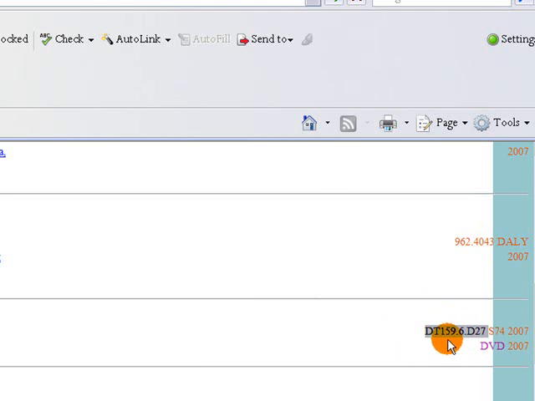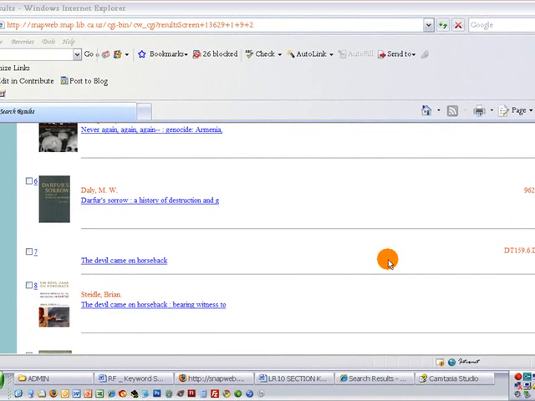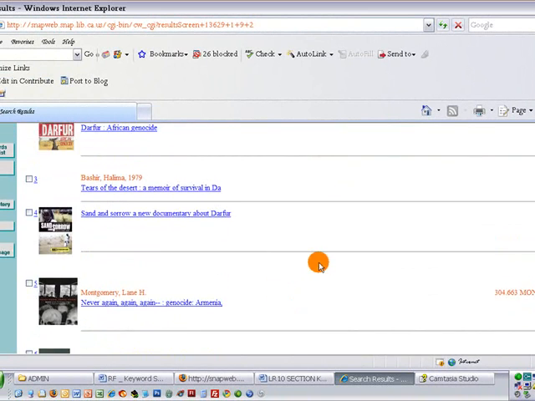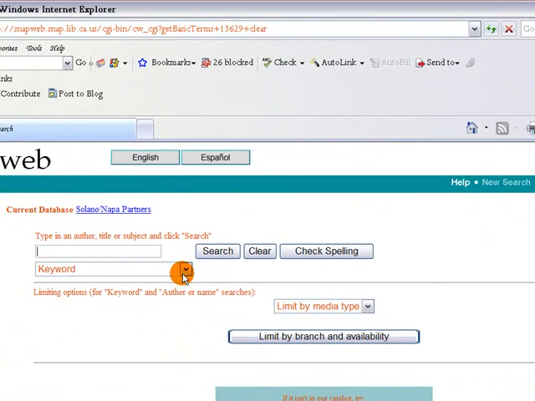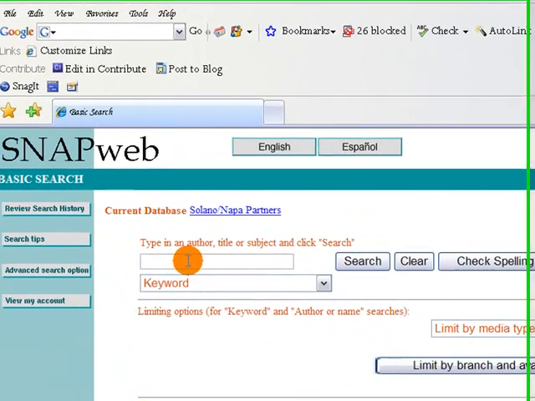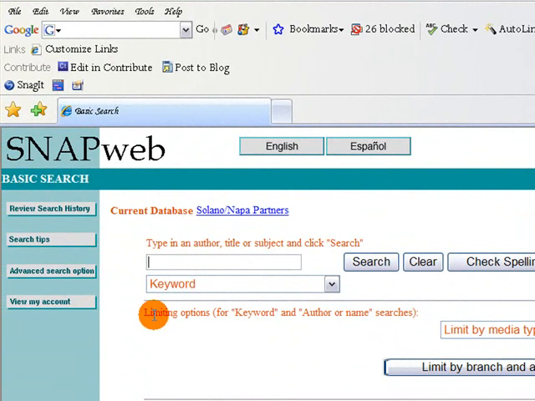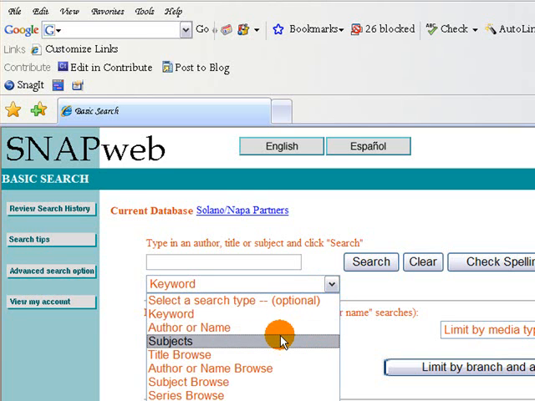If I go back to New Search, just to give you quick examples, we did a keyword search for Darfur, and then we took it into subject headings based on the keyword search results. You could also automatically search subject headings by using either the subject box here in the drop-down or subject browsing. Both of them act a little bit differently, and you'll see that the second you try and do anything with that. You can also search for an author or a name, or you can even browse in titles of something if you know the title. But this drop-down box will give you lots of different ways to use your keywords in much more effective and